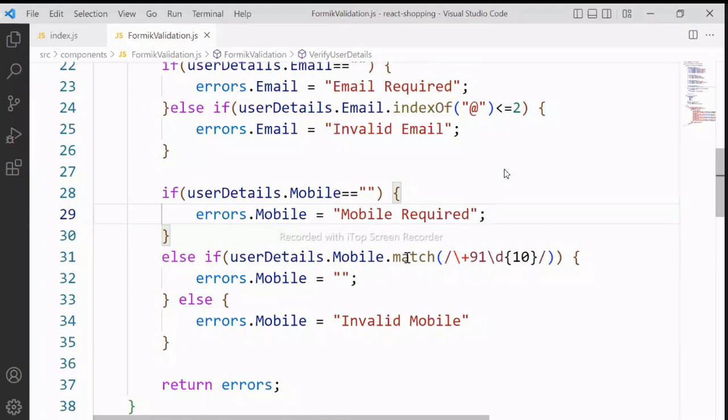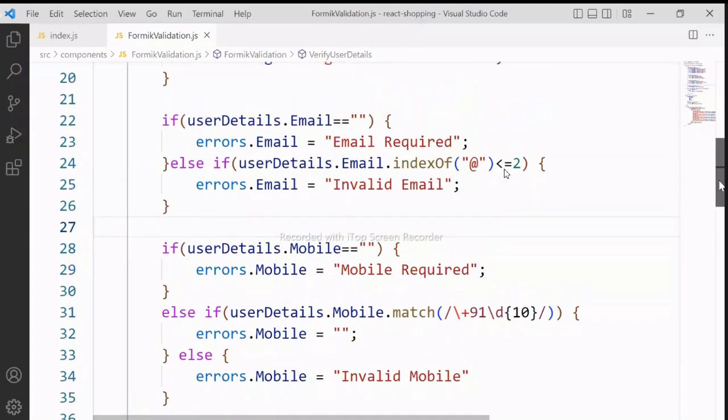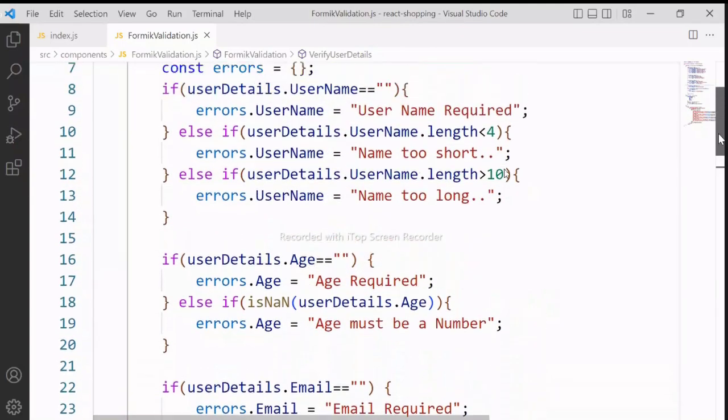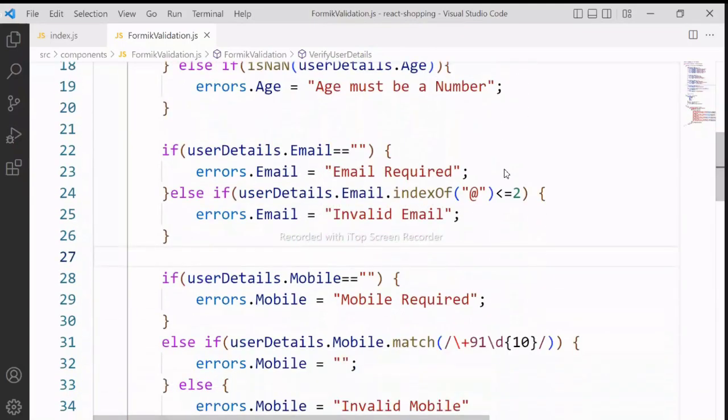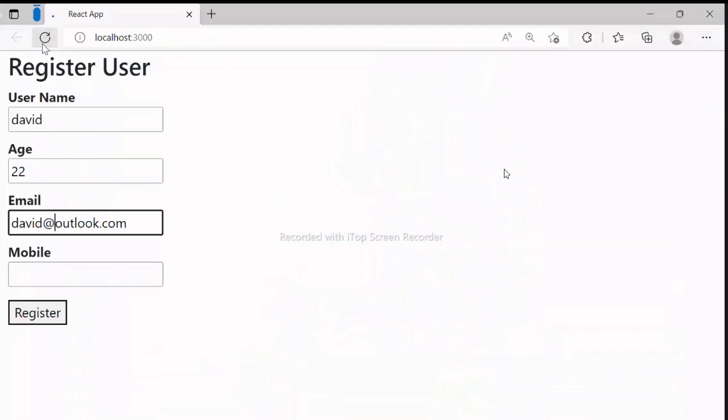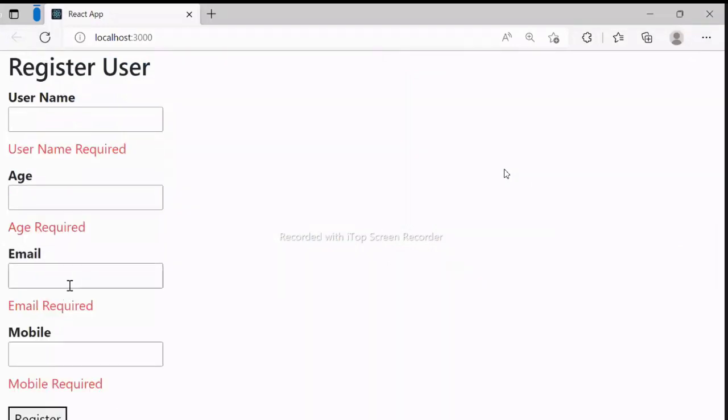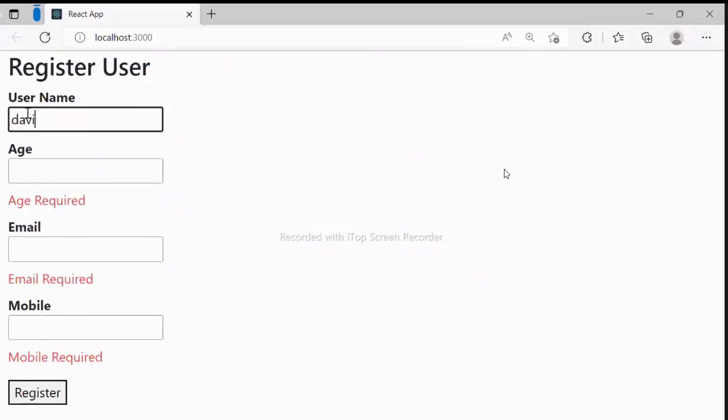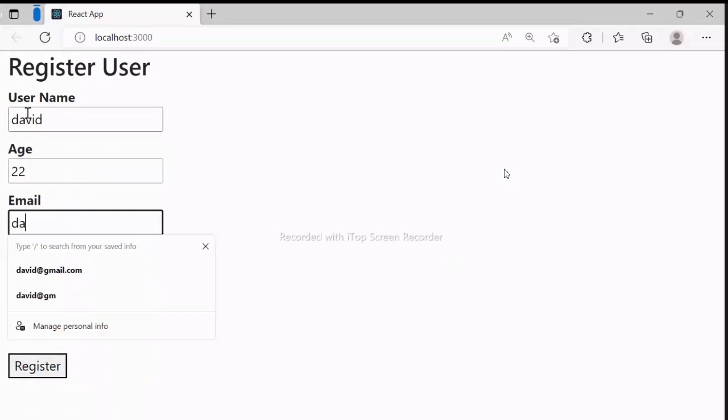This time I am using a regular expression for verifying the value. We can use regular expressions, we can use the general functions, and we can validate. So here it is working fine. So you can see this is mobile required. So username entered, age entered, email entered, and